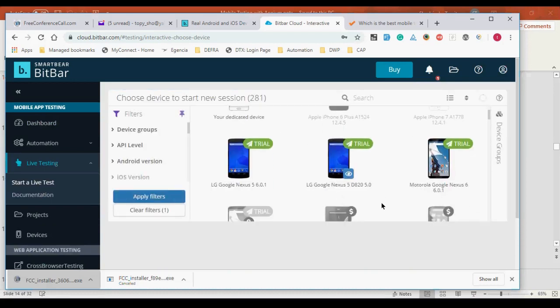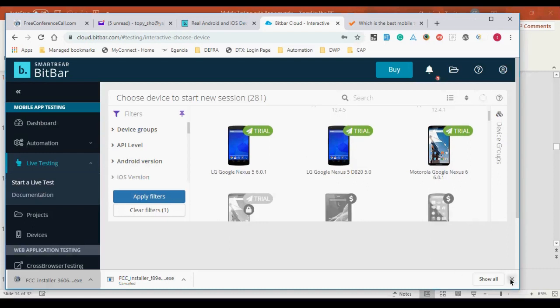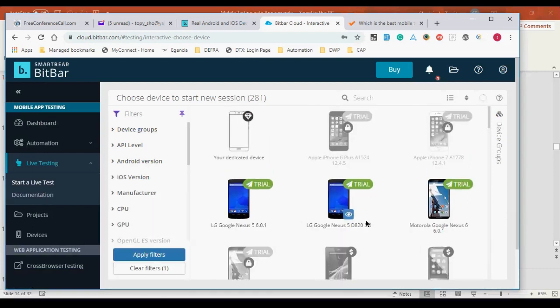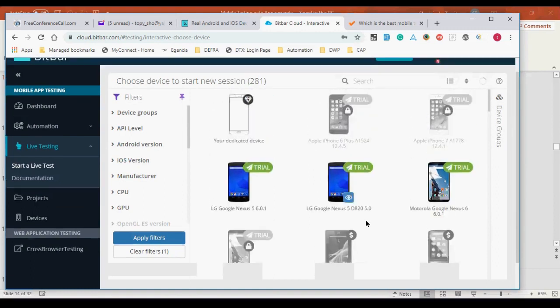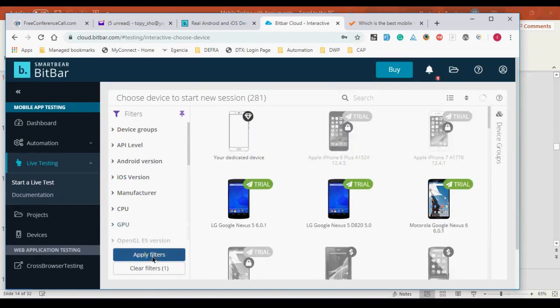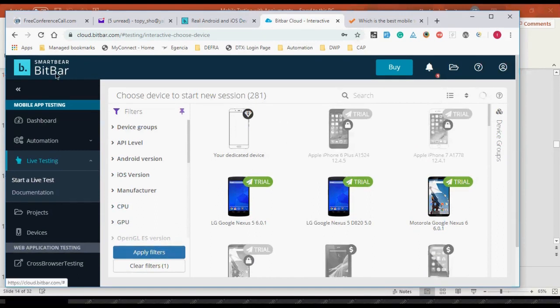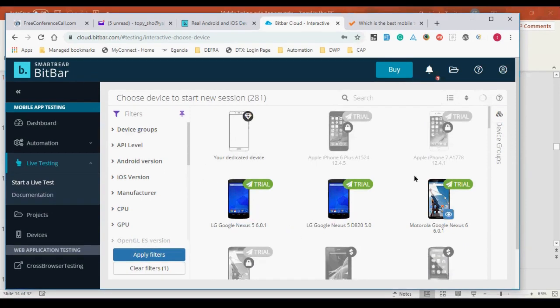different emulators here. I'm using a trial version. With most of them, the trial version just gives you access to a few devices. So you can come here. It should be good for you to just play around with this. Create a free account. Go to SmartBear, create a free account, and then just navigate your way through